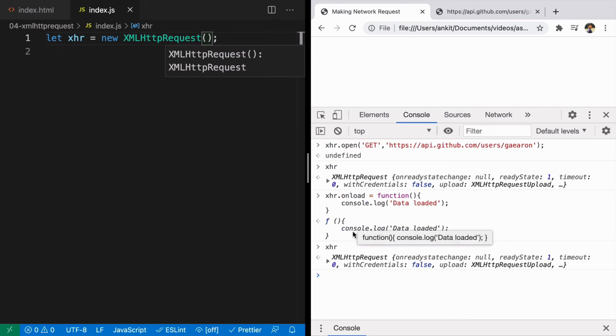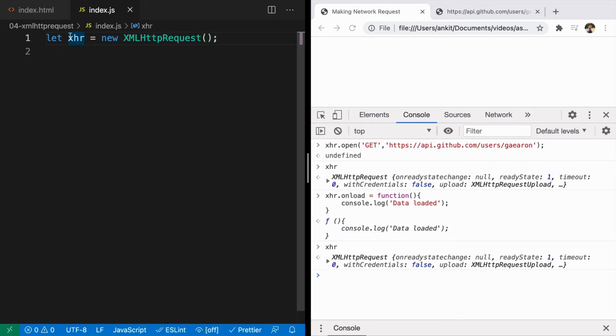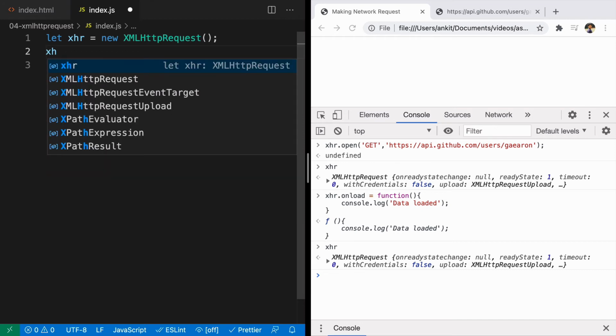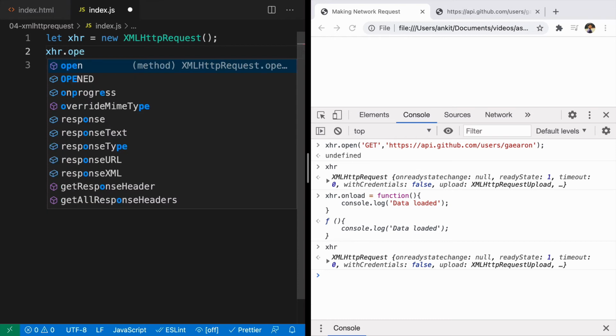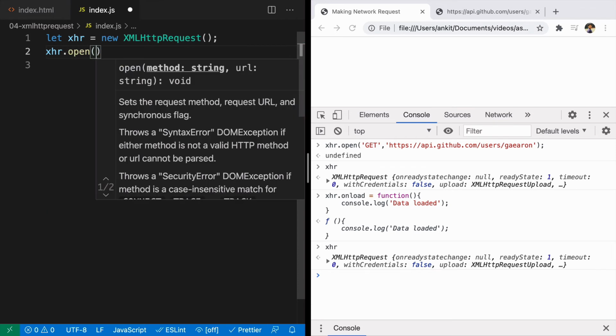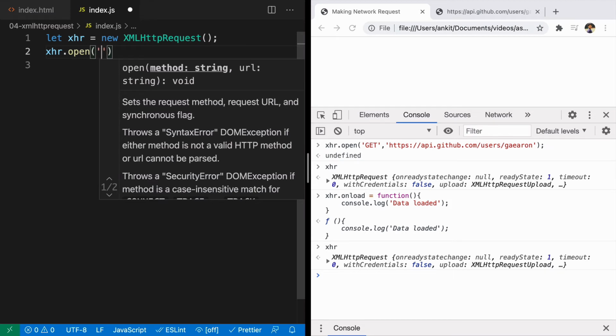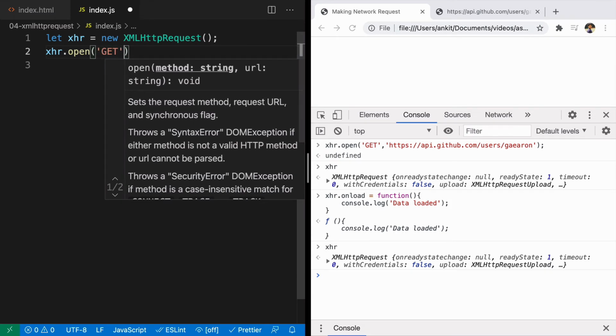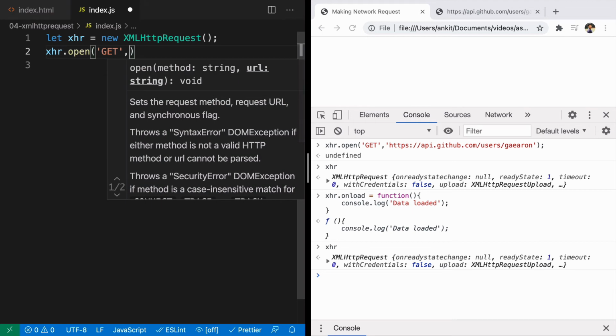Now let's just recap. The first thing you have done is create an instance of XMLHttpRequest. XHR is an object with a lot of properties and methods. We are using the first method, that is xhr.open. Open helps us with opening the URL. It accepts two parameters. The first is the method type, and here we need a GET request because we want access to the information.